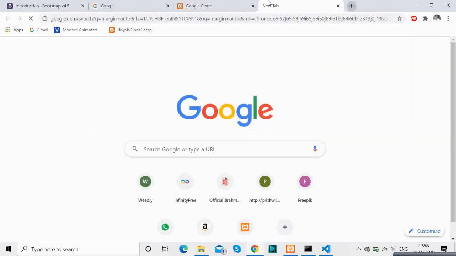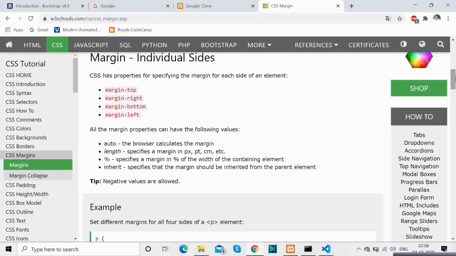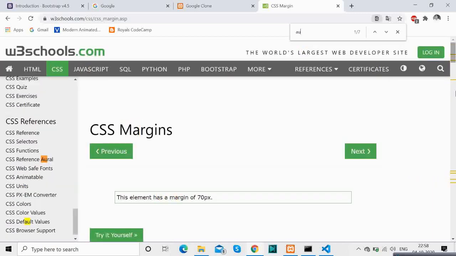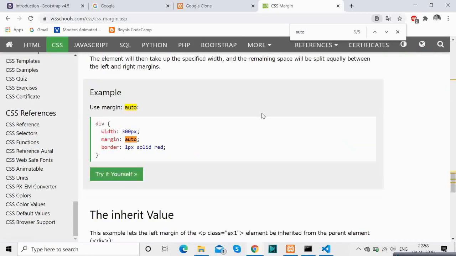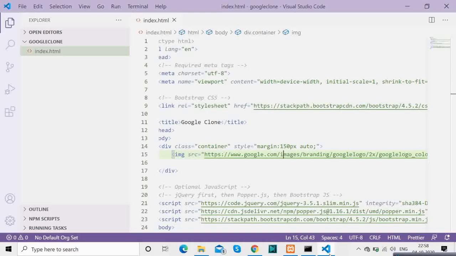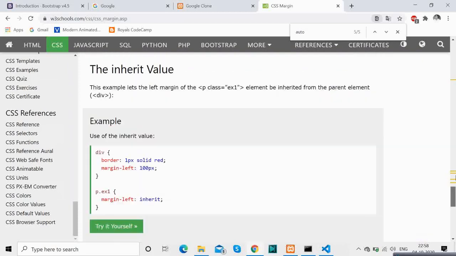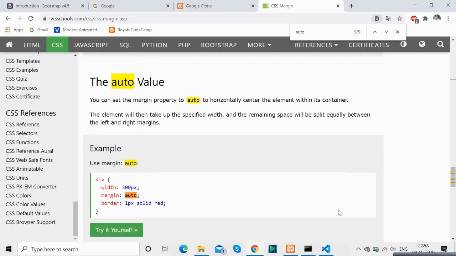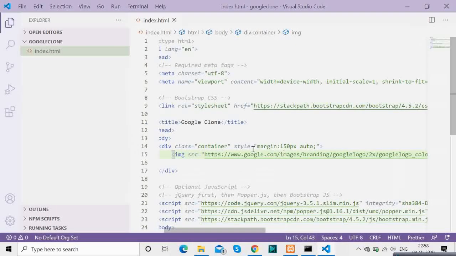So you can adjust with auto, but I was having some difficulty, I don't know why. So I thought not wasting time, and I got it centered through the center tag. Okay, but even auto works, even margin auto will bring it to the center. Okay, it will align horizontally, vertically also. So even that works, but in this case this wasn't working. I don't know, maybe I was doing something wrong, so I got it fixed using center tag. So my main target was to bring it in the center, and I got that using center tag.